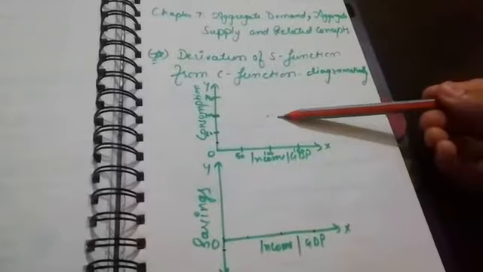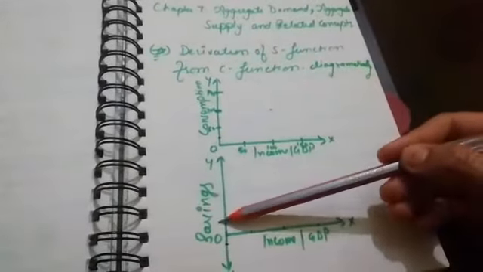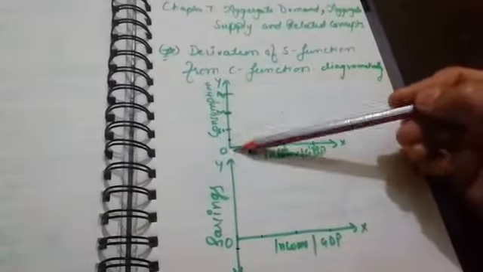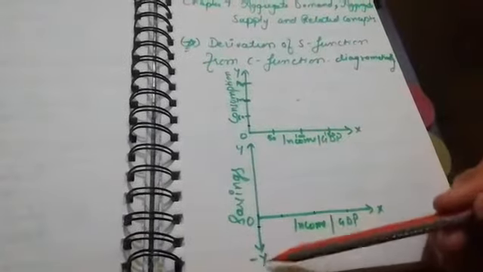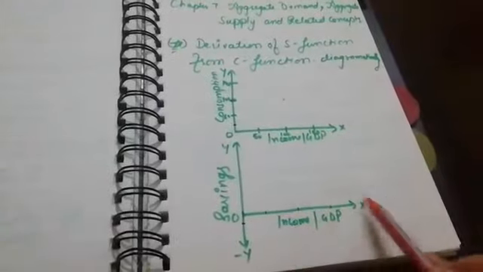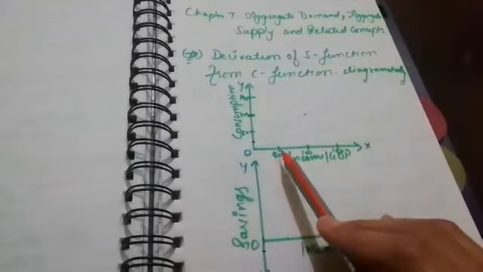First of all, we have to make two figures. In the first figure we have to show the consumption, and in the second figure we have to show the saving. On the OY axis in figure 1 there is consumption, and on the OX axis there is income or GDP. Similarly, in the second figure, just beneath the first, on the OY axis we are representing savings, and on the OX axis we are representing income. We have marked income as 0 to 50, 50 to 100 and 100 to 150, at equal intervals. Similarly, we have also marked consumption 60, 100 or 140, at equal intervals.